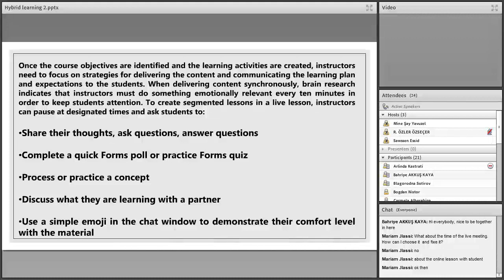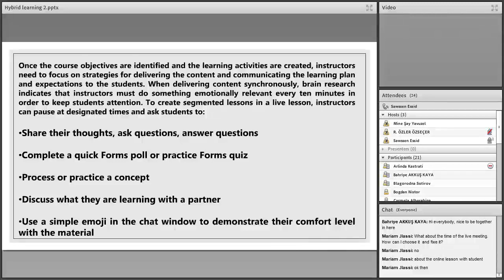What are they going to do? It's not done haphazardly. They also need to know what you are doing. What did you design for them today? When delivering content synchronously, brain research indicates that instructors must do something emotionally relevant every 10 minutes in order to